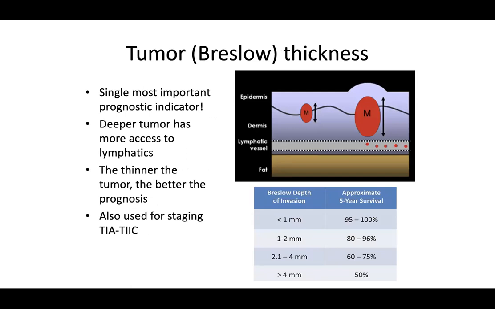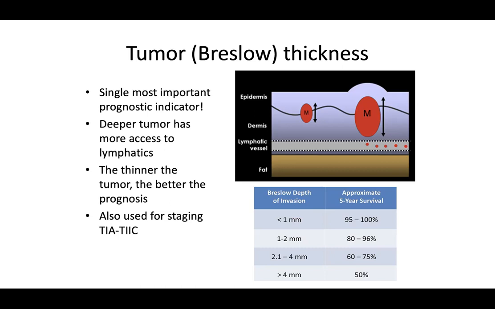So let's talk about how to measure Breslow thickness. It's the single most important prognostic indicator, all things considered. Deeper tumor has more access to the lymphatics, as common sense would dictate. The thinner the tumor, the better the prognosis, as common sense would dictate. It's also used for staging here. So the Breslow thickness of less than 1 millimeter often correlates with a 95 to 100% survival rate over 5